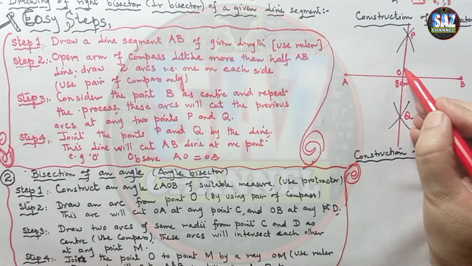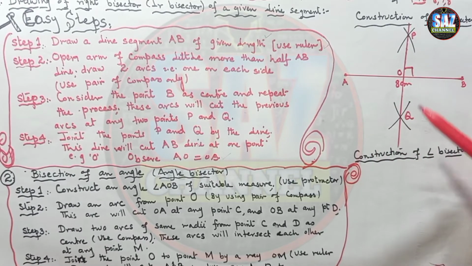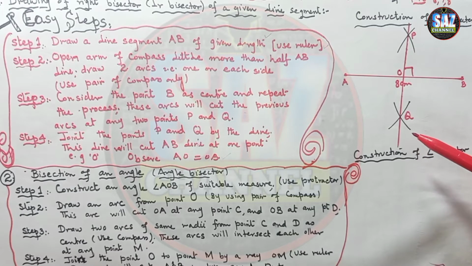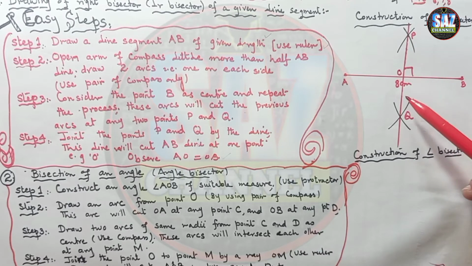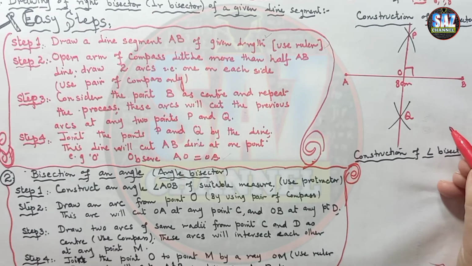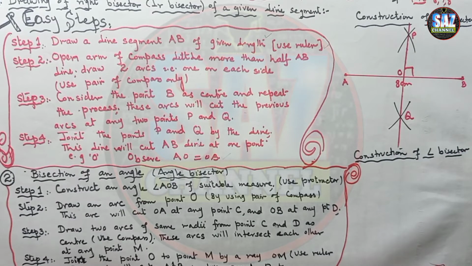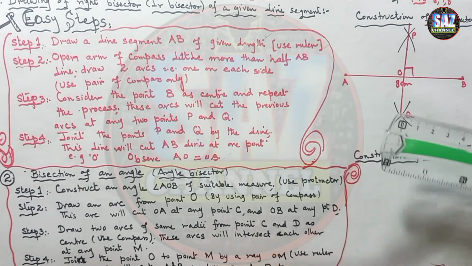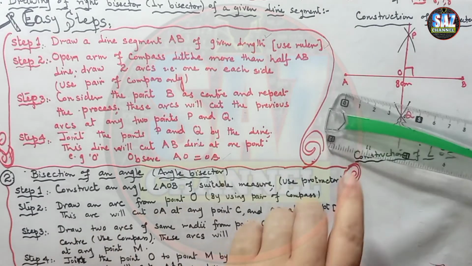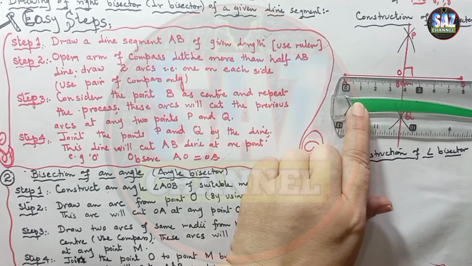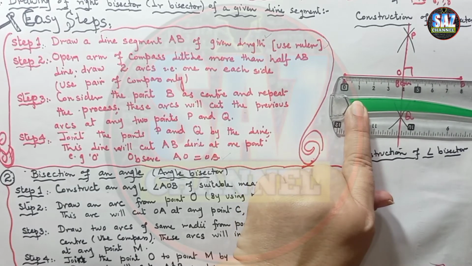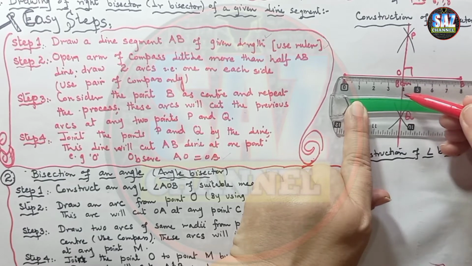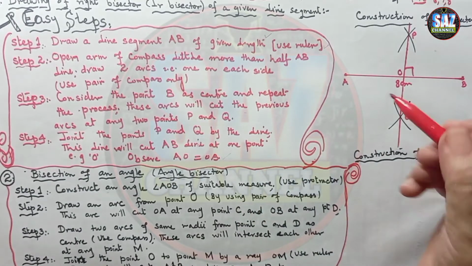Now we have to measure, as this is the perpendicular bisector. Bisection means to divide something into 2 equal halves. So if I have drawn the bisector, then the A to O distance will be equal to the O to B distance, and the base length is 8 centimeter. So the perpendicular bisector will be dividing this line into equal halves. You can see that A to O is 4 centimeter, and O to B is also 4 centimeters.